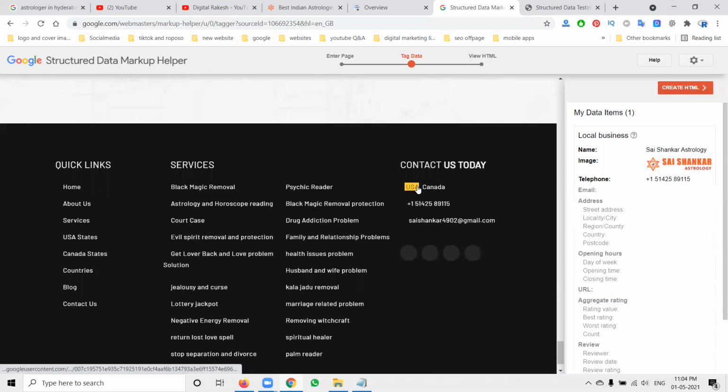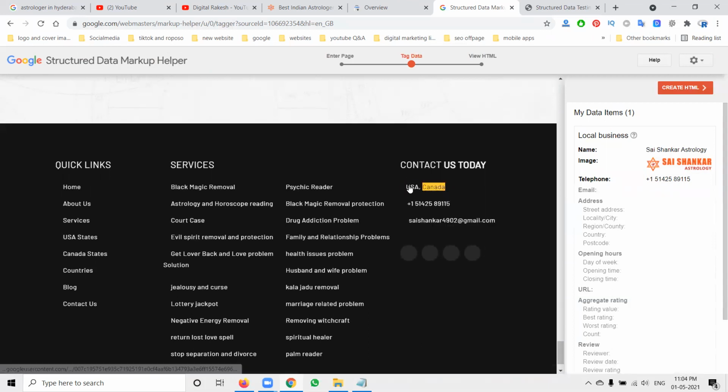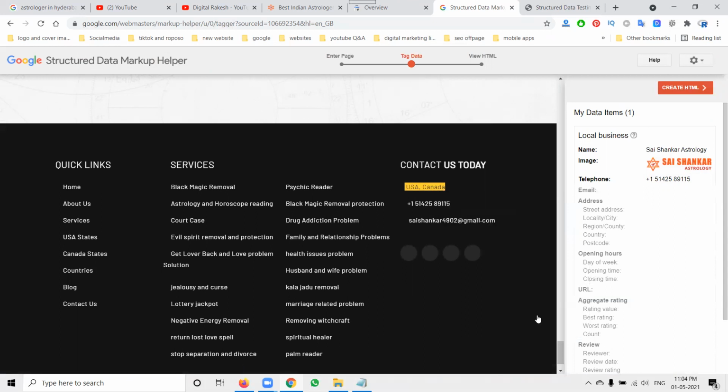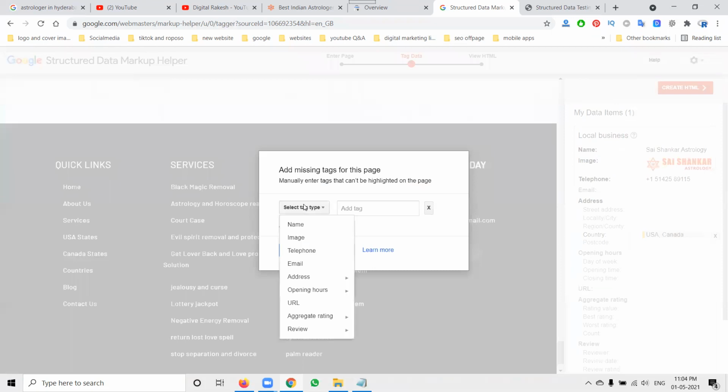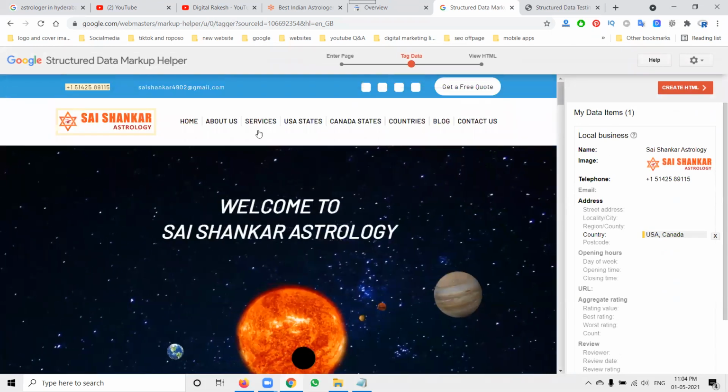All of that will be selected: address, everything here. For any missing field, select here, add missing tag. Here all the missing tags will be added: the email address, everything. First of all, you can finish from here on your website home page.